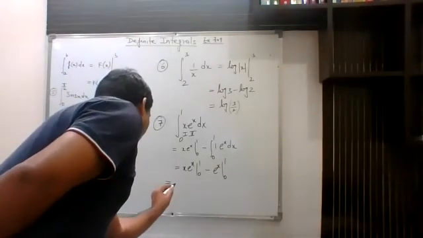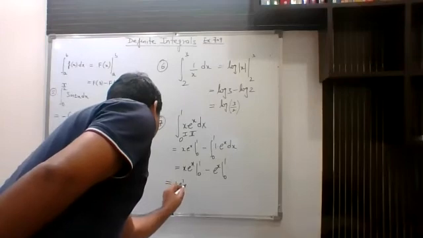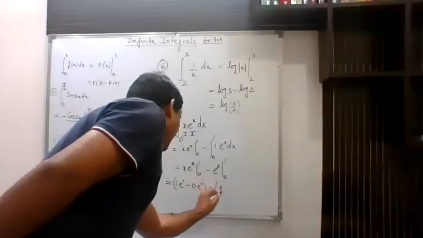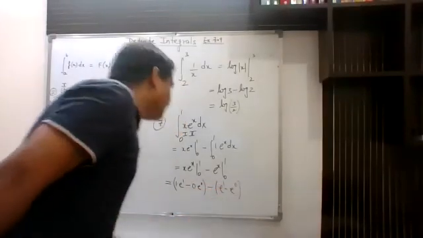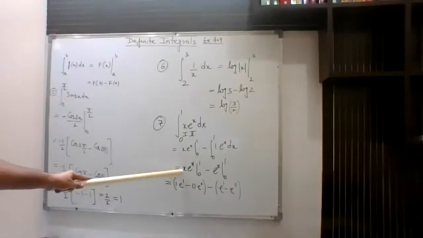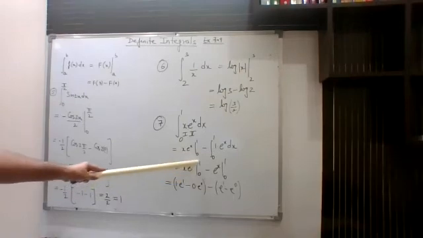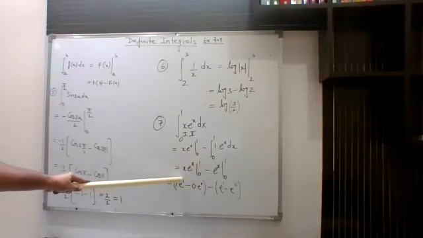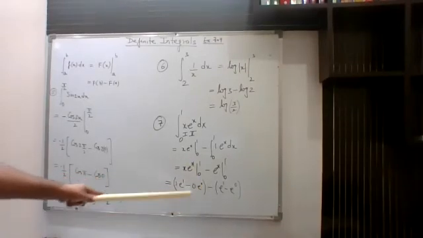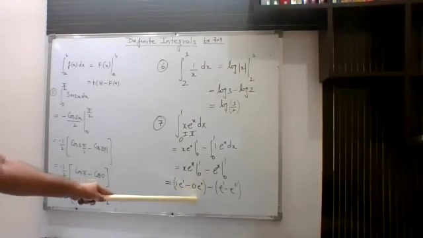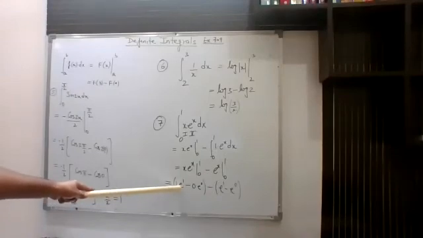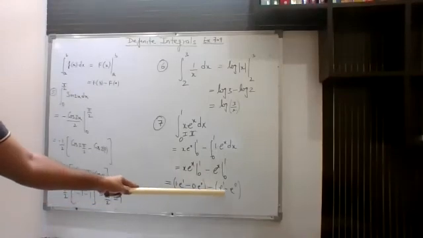So here the upper limit, so 1 into this minus 0 into e to power 0. This will become e to power 1 minus e to power 0. Just see this carefully. What I have done, I am substituting here as well as here. So when I put x equal to 1, it will become 1 into e to power 1 minus 0 into e to power 0. Anyway, this 0 into e to power 0 is 0. So this term will vanish. And if you see this carefully, then we can write this as e minus 0 minus e plus 1.